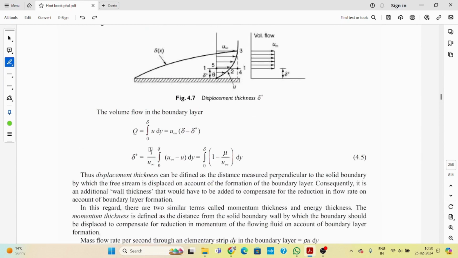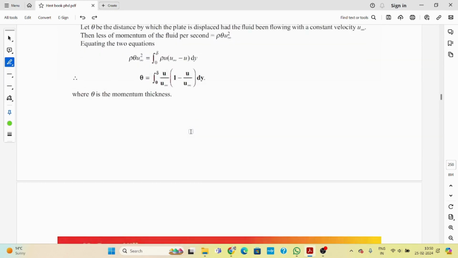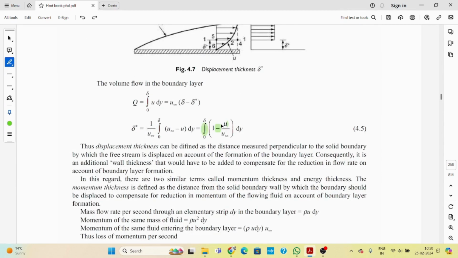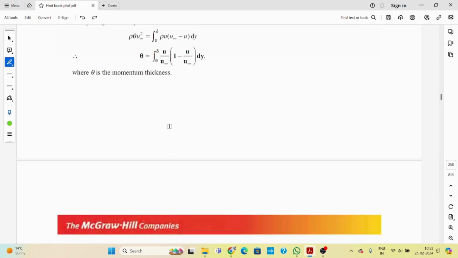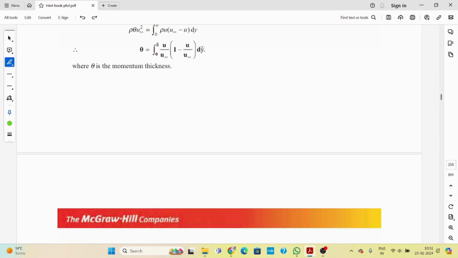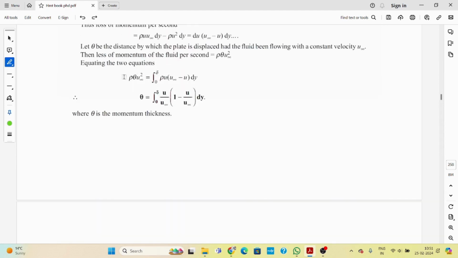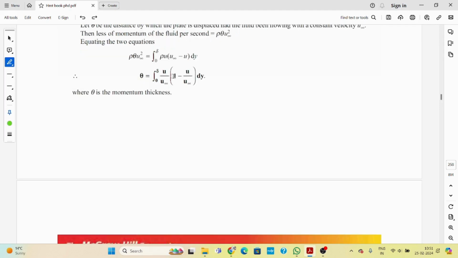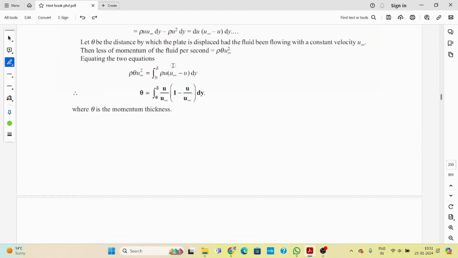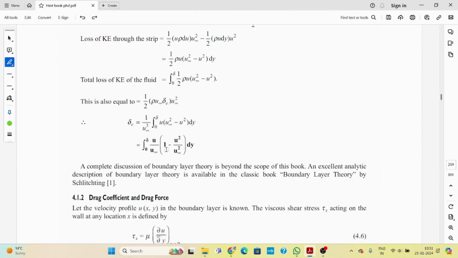Okay? So you just remember small formulas, like the displacement thickness delta star is the integral from 0 to delta of 1 minus u upon u infinity, the free stream velocity, dy. And here this will not be mu, this will be u. Okay, and similarly the momentum thickness is the integral of u upon u infinity times 1 minus u upon u infinity dy. Here you can see this is the free stream, and for the boundary layer formation, this would be equal, and by getting this equation you can calculate the momentum thickness. And like that you can calculate the energy thickness, the integral of u by u infinity times 1 minus u squared by u infinity squared dy. Okay,